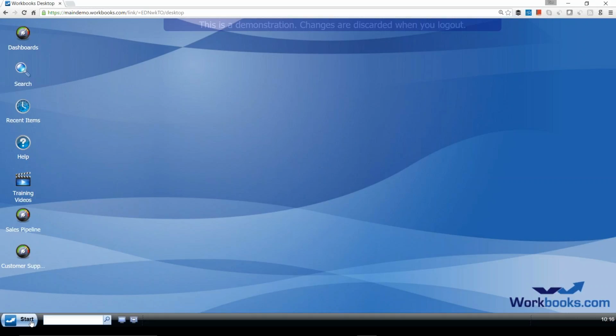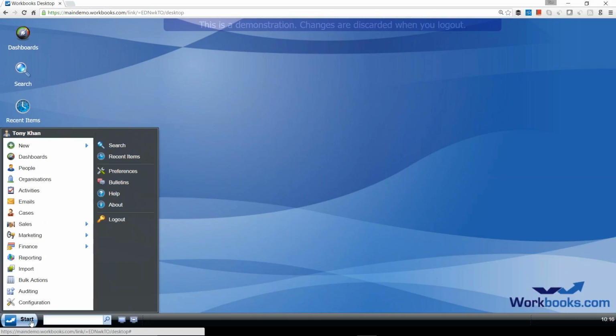But from that start button and your start menu, depending on who you are, I'm logged on as an administrator here this morning, so I've got access to all of the features, all of the options here. But depending on who you are, you see these different menu options. And right at the top, at the heart of Workbooks, are people and organizations, the contacts and companies that you're